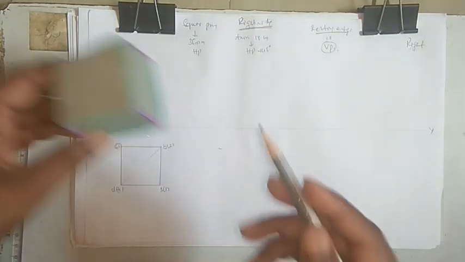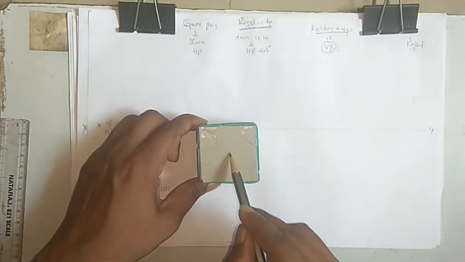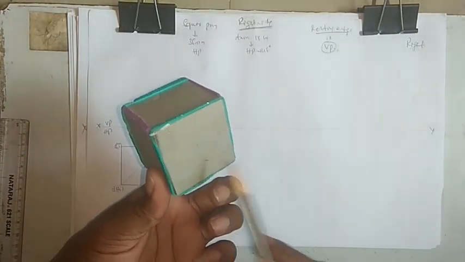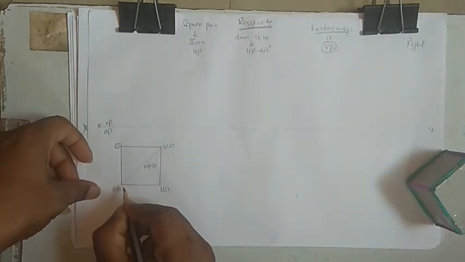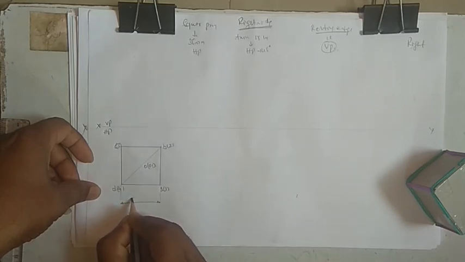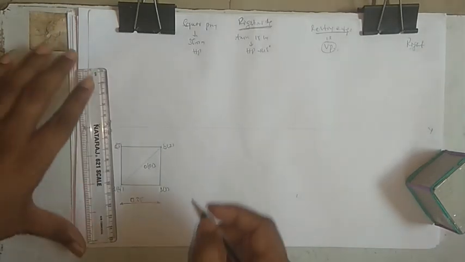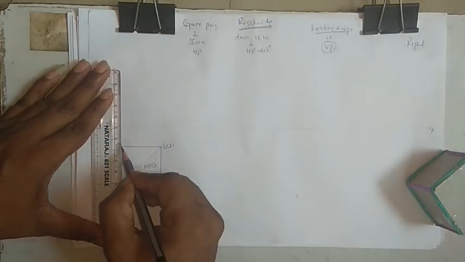So the top is ABCD and the bottom is 1, 2, 3, 4, and here we are going to take the center, that is the axis. We'll write that as O, so the top is O and the bottom is O1. Just to dimension this one, we'll take a closed line. Always we'll write above the line a small square symbol and 35. Once this is done, you project all these lines till the XY line.